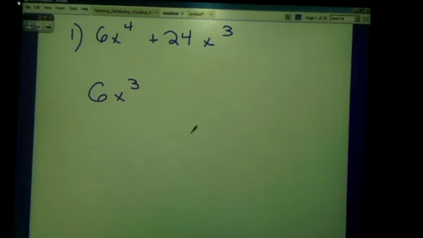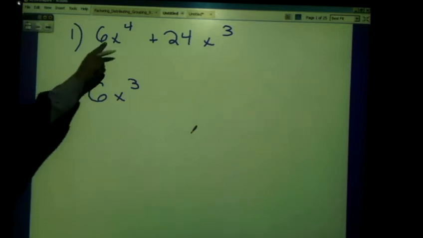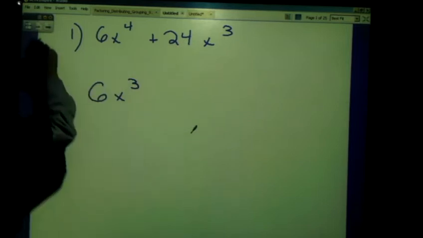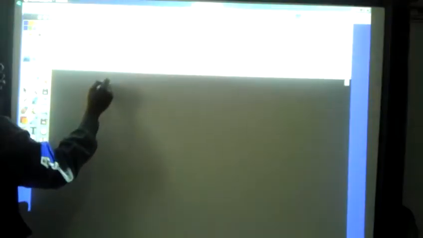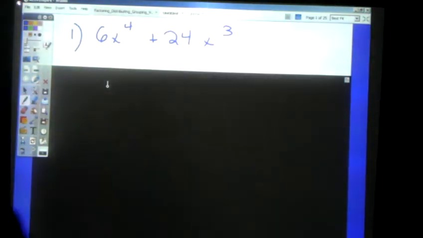Okay, today's lesson is on the study guide for Unit 5, Section 2, which is factoring. Now for number 1, the directions ask us to factor 6x to the 4th plus 24x to the 3rd. The key to finding the greatest common factor is you look for the largest number that divides